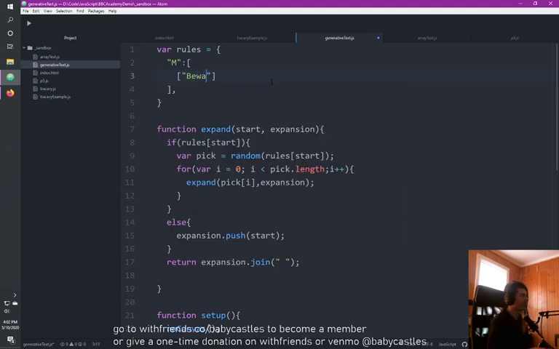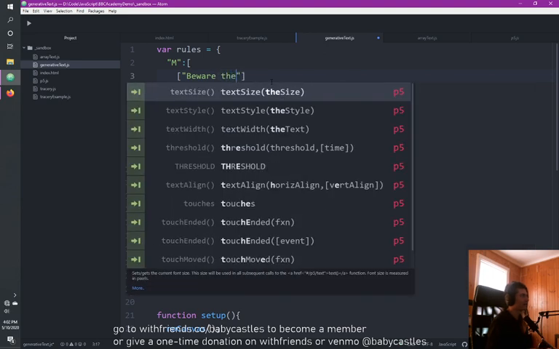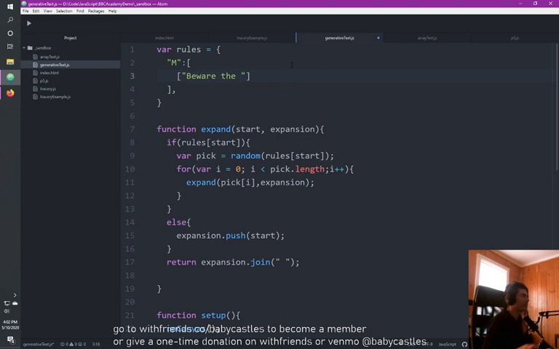So like where the, and then let's, because we already used M. So, and for name,